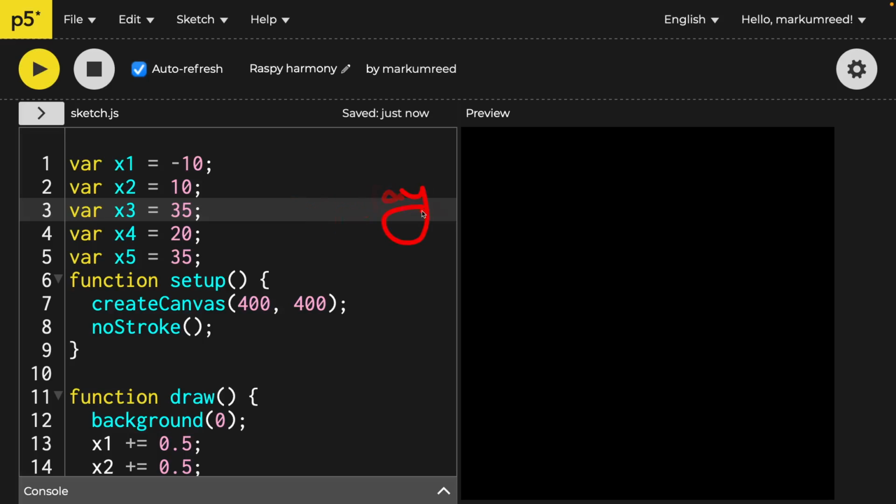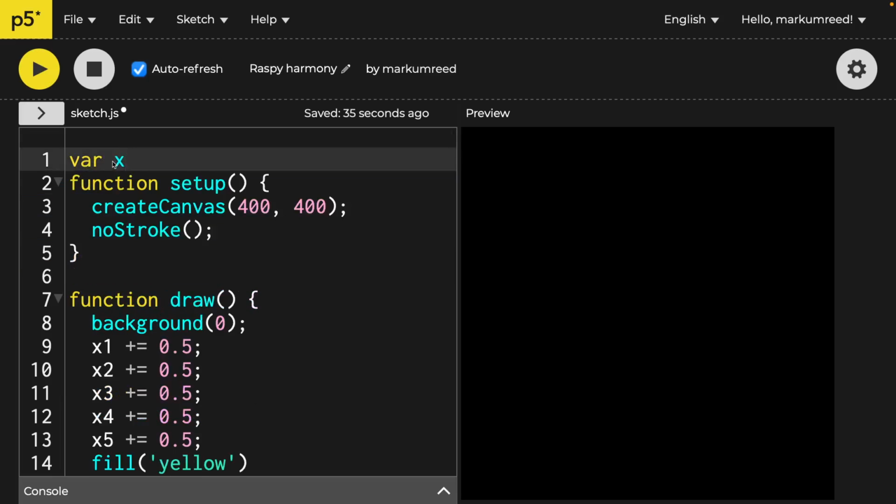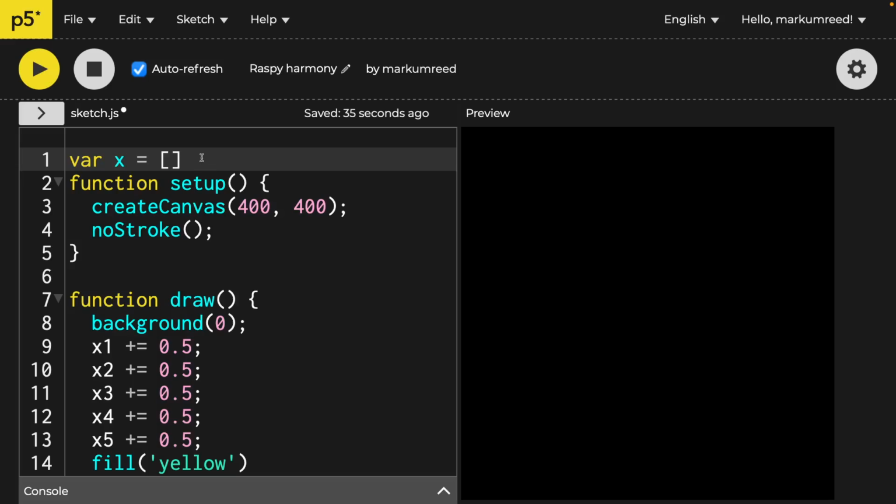Well, that kind of disappears on me, but let's actually take a look and see what we can do. First off, we want to take all of these and condense them down into one, and we're going to create an array up here. An array uses these square brackets,